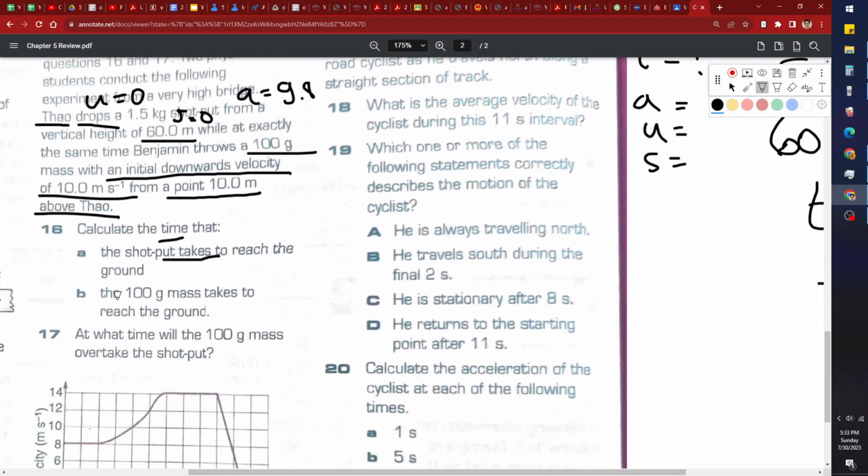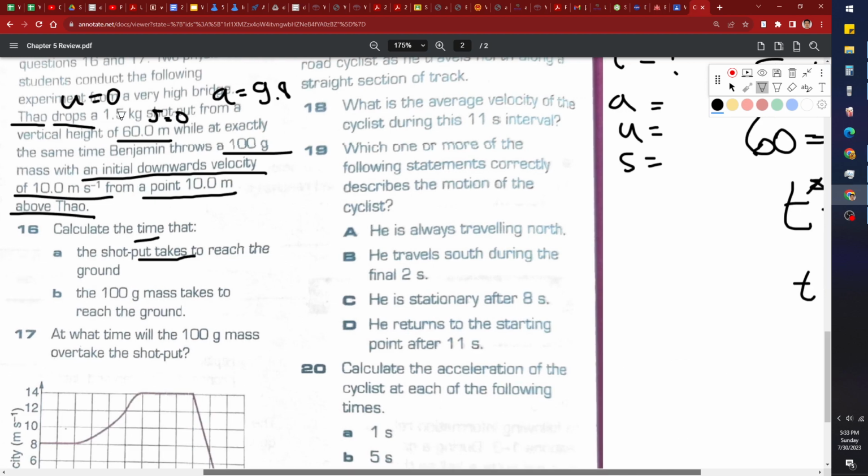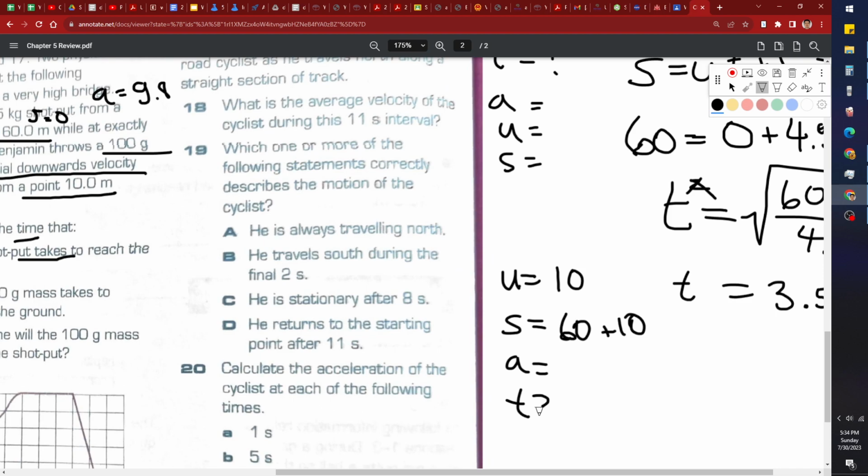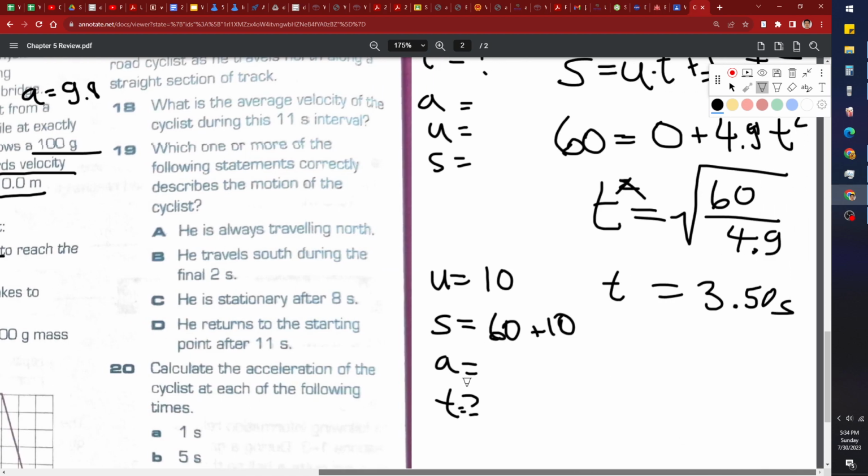That's that. B, the 10, how long does it take for the 10 gram mass to reach the ground? Okay, so for that one, it did have initial velocity. That was Benjamin throws it initial downwards velocity, so that's 10 meters per second from a point 10 meters above tau. Okay, so for tau, she went 60 meters. Benjamin's even higher than that by 10 meters, so his is going to add that too. A is still the same acceleration. We still want to find time. Some things I don't write. I mean, you guys should know what acceleration is now. So B,